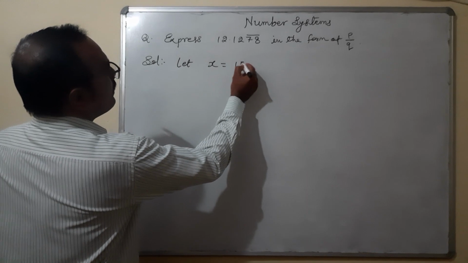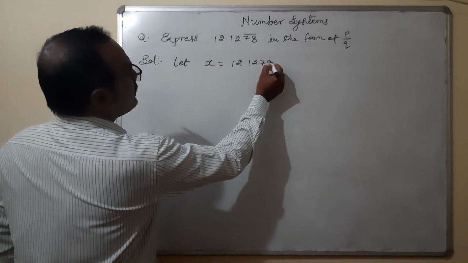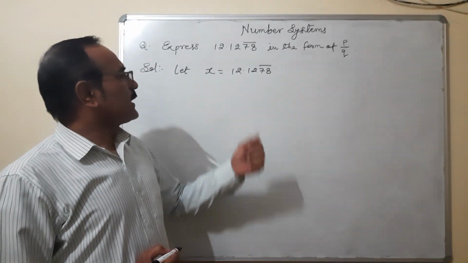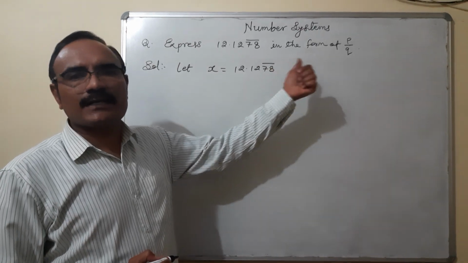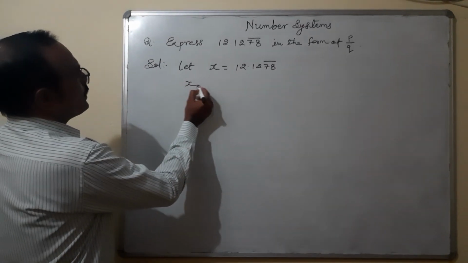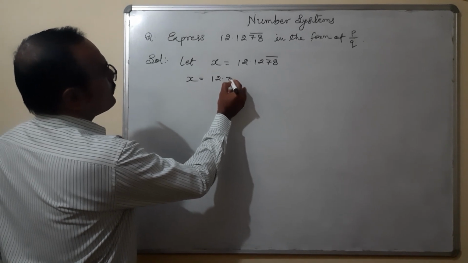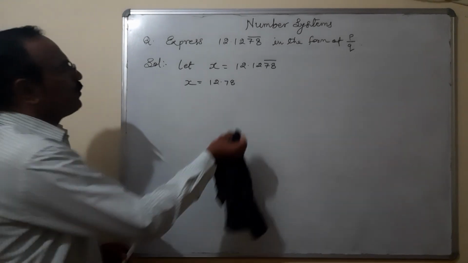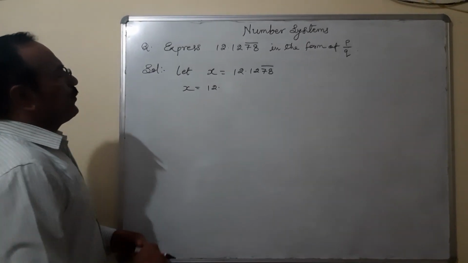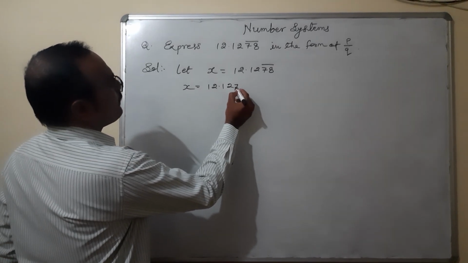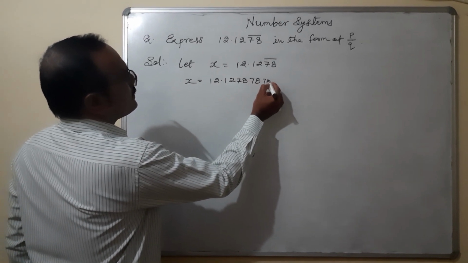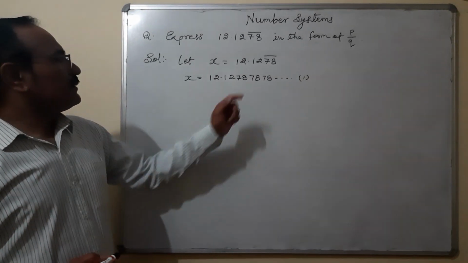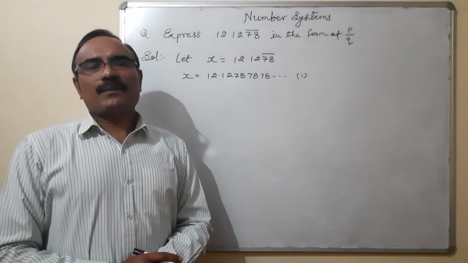x be equal to 12.1278 bar. When I remove this bar, I can write here 12.12787878 and so on. So x is equal to 12.1278 and so on. This gives equation number 1. Now you can see that the bar is on two numbers, that means we have to multiply